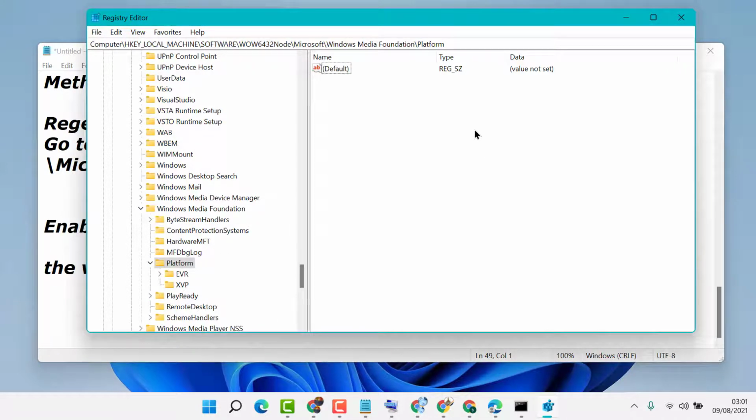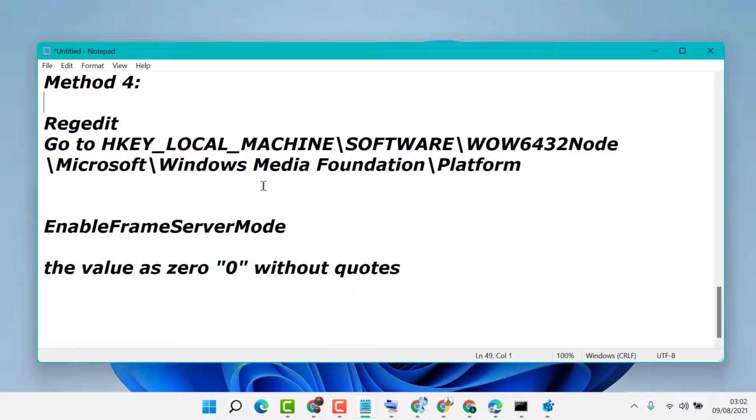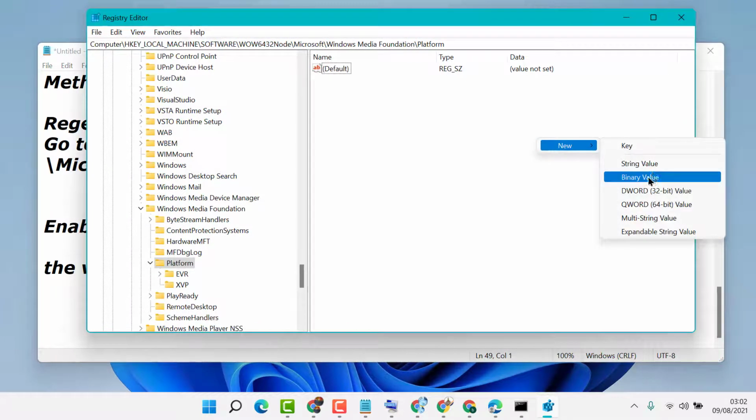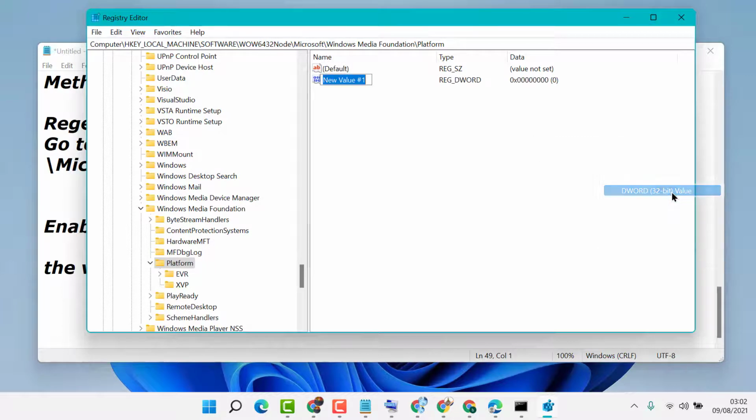Now right click anywhere. Now you need to type EnableFrameServerMode. So right click anywhere, hover cursor to DWORD 32-bit value.